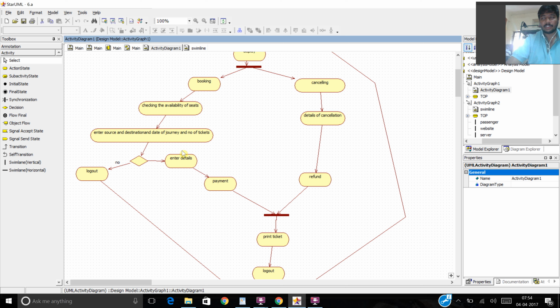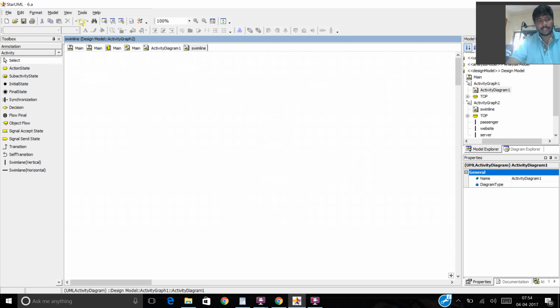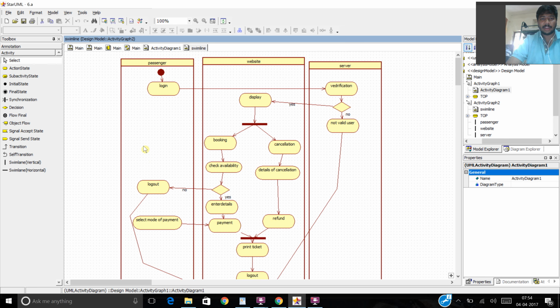If tickets are available, enter the details, payment, and details for cancellation, refund, and these two are again synchronized for the printing of the ticket, and the ticket is printed out and log out is done and it goes to the final state. This is my general activity diagram, and this is my similar activity diagram, where the passenger